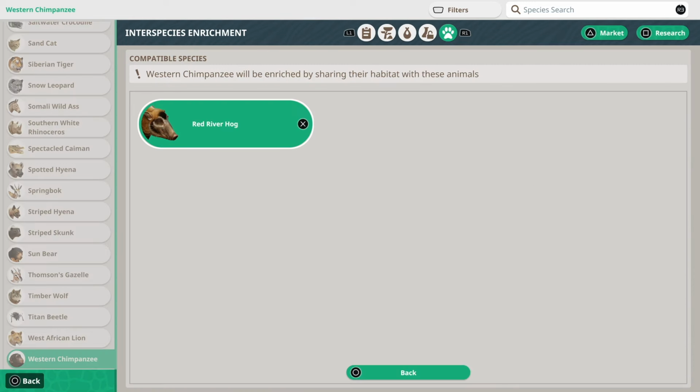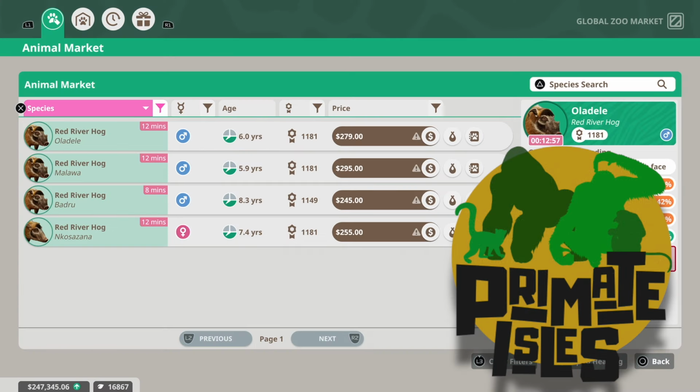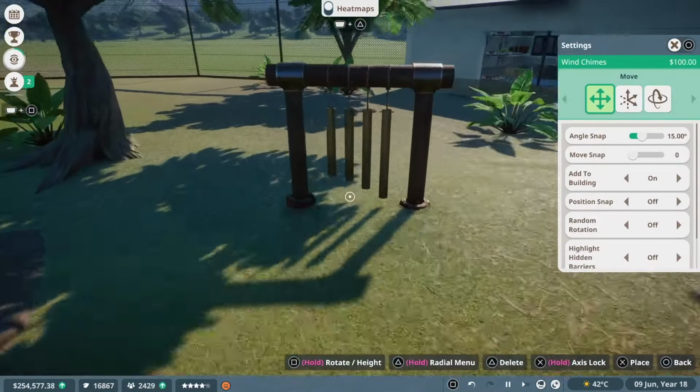My name's Frankie, and in today's video we are revisiting Primate Isles after our stay at our Halloween zoo, and we are going to be building for the Borneo orangutan along with the Gibbon. But to begin with, we are over in our chimpanzee enclosure, which is the last habitat built for Primate Isles,